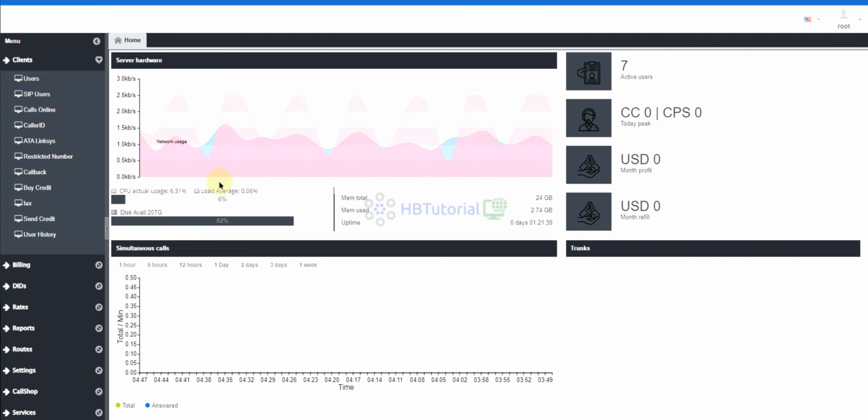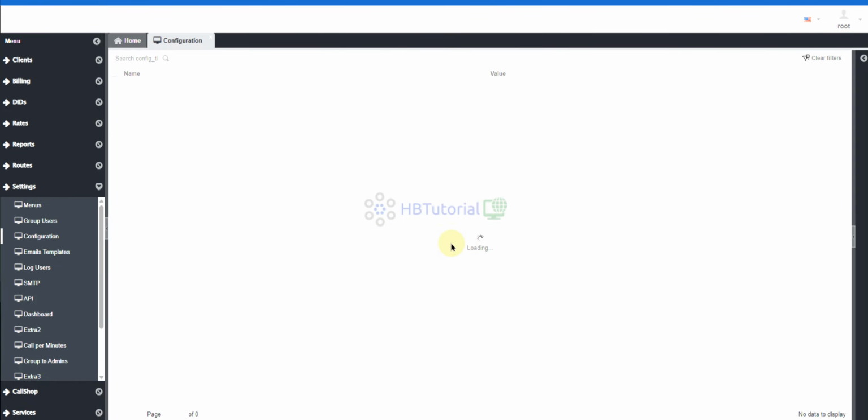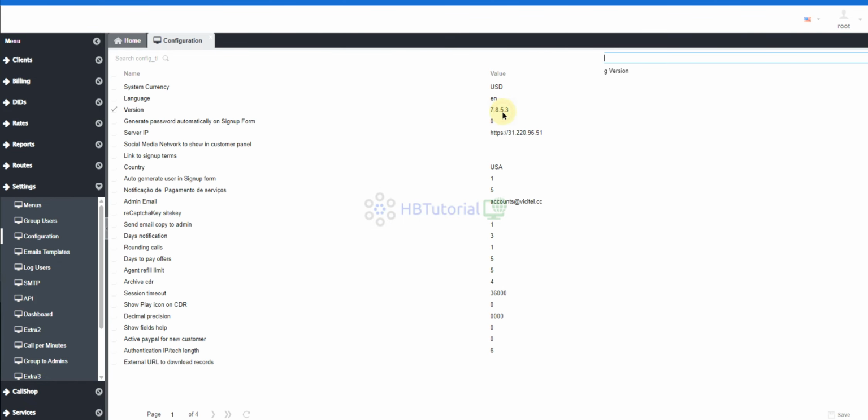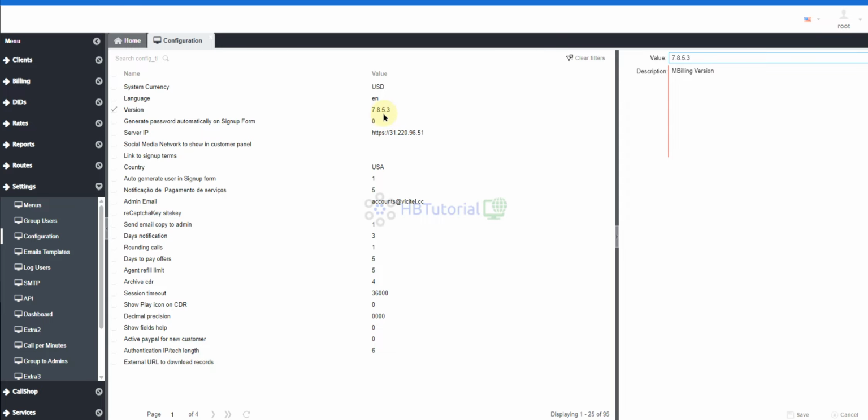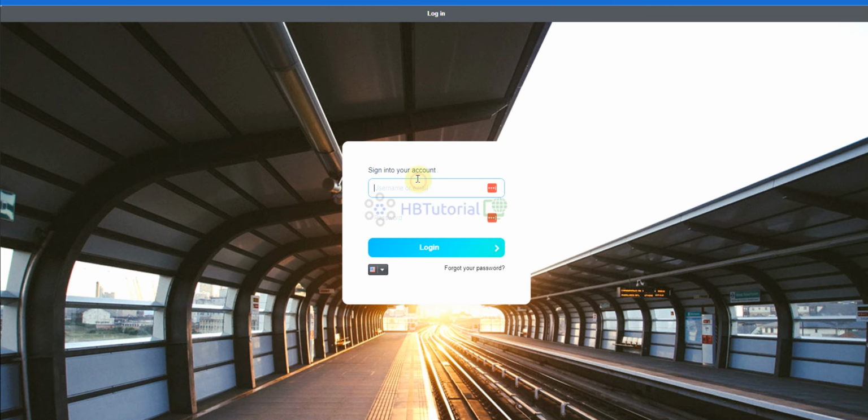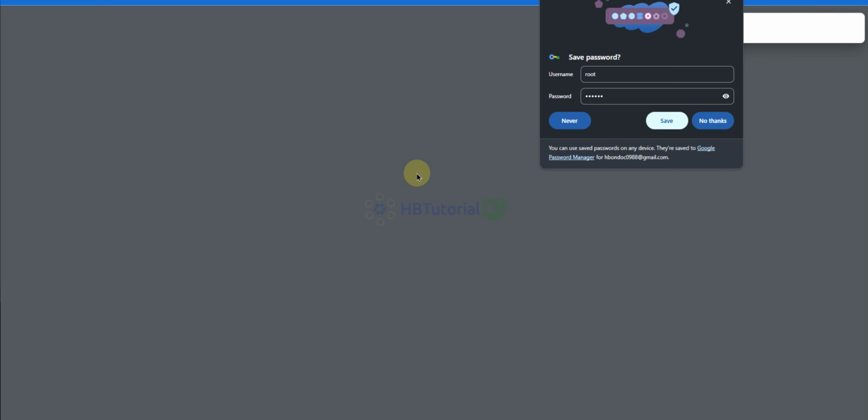So this one is my old Magnus Billing server. If you check the configuration, it is using version 7.8.53, and this is the one that we installed.